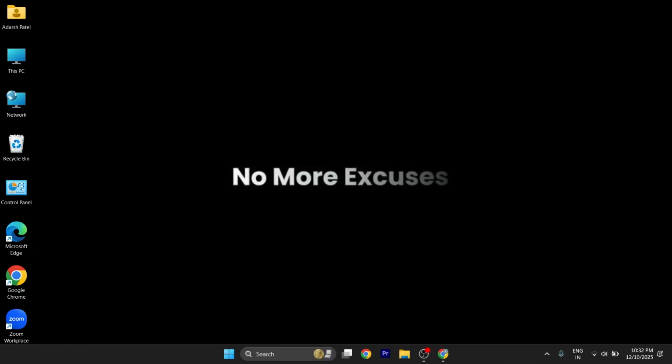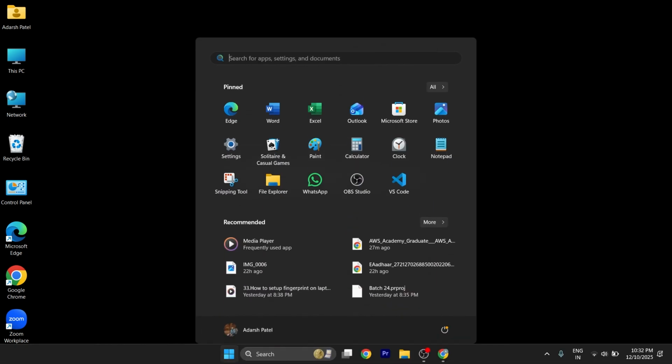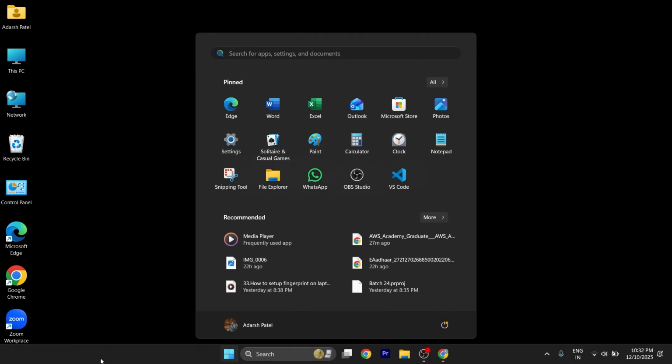In this quick tutorial, I'm going to show you how you can fix the issue if the Windows key is not working on your laptop or computers. Now, in order to fix that, first of all, make sure that it is not a hardware issue. Even if it's not a hardware issue and it's still not working, all you need to do is